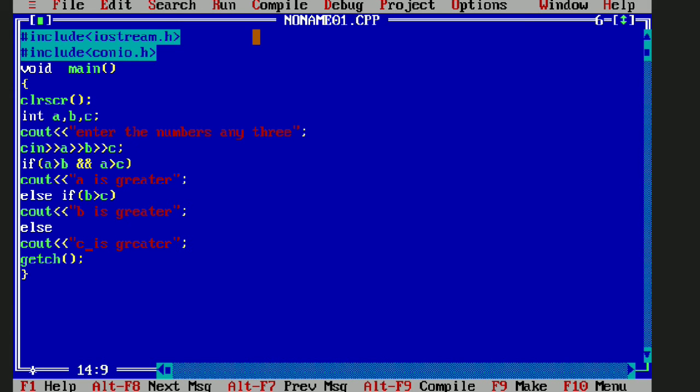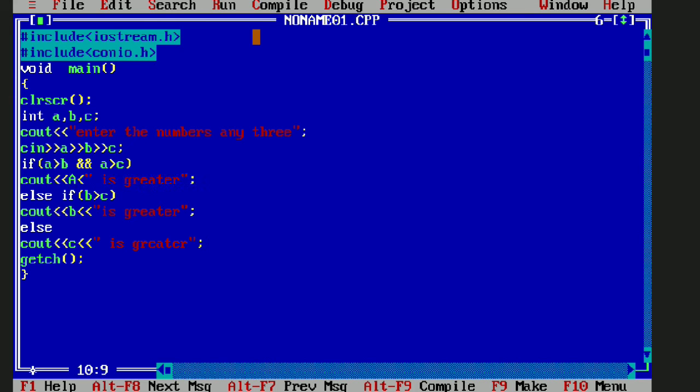Now we can write the number here, and after that number we can write "is greater". So I am writing c here, and I am writing b here. Okay, let us write b, not in capital, in small, because we have taken a, b and c as small letters above.